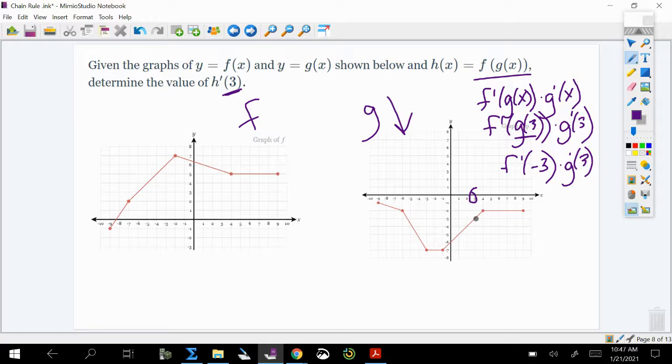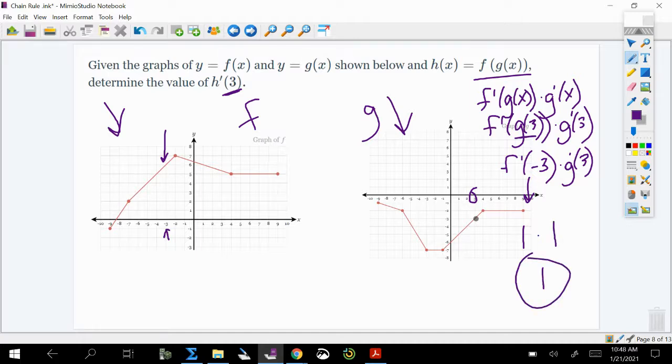Now I need to find f prime of negative 3. So now I'm going to go to my f graph, and I'm going to look for the slope, because that's what the derivative is, at negative 3. Here's negative 3. I'm going to come up to this piece at negative 3, and I'm going to figure out the slope of it. It has to be linear. They can't ask you to do something that's not. The slope of this is 1. It's going up 1 over 1, up 1 over 1. So that's 1. And then g prime of 3, so it's going back to that same little spot on the g graph, but this time it wants the slope. The slope is also 1, up 1 over 1, up 1 over 1, so I get 1 times 1,